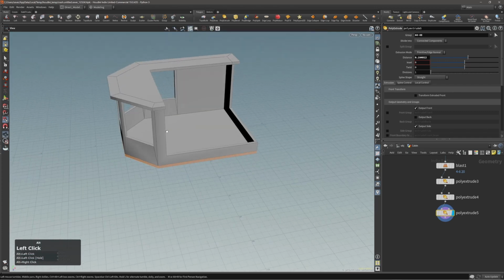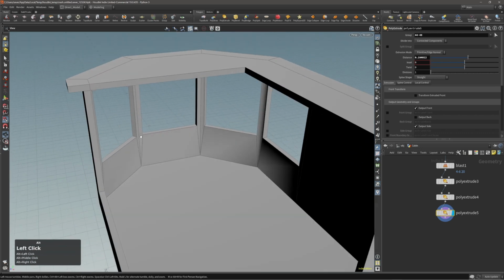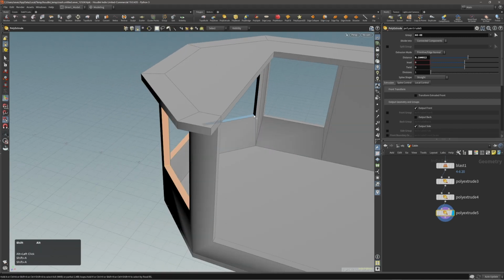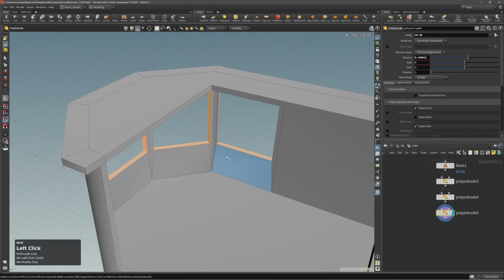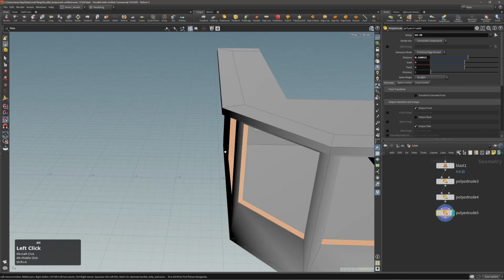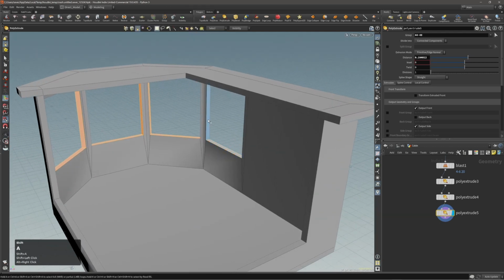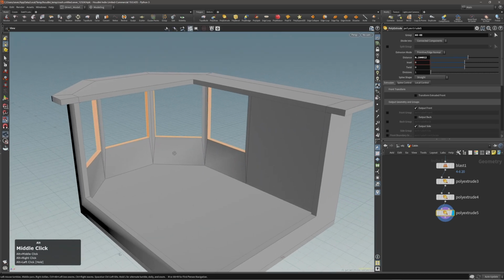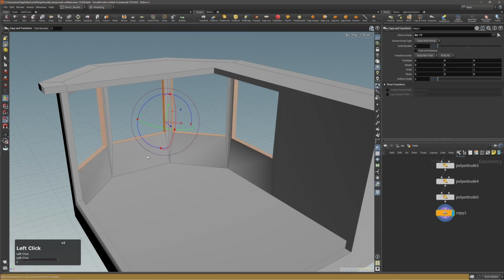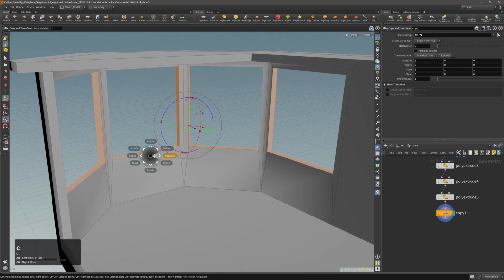Now all this shading we will resolve later. Okay, let's jump to the next thing, and now let's create windows. So I will select these inside polygons with Shift A on your keyboard and then middle mouse button to actually select a loop. Very convenient. And now I will go under the modify and duplicate all these beautiful polygons, and I will invoke